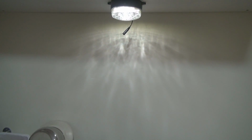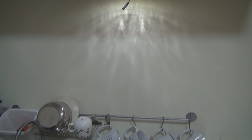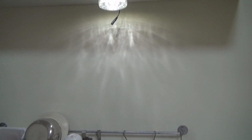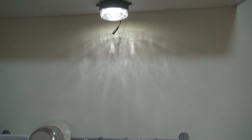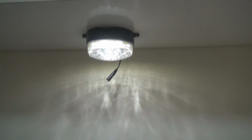Because the low setting consumes less energy, it will give you longer lighting time. But again, it is still enough light. The lower setting will give you roughly more than 50 lumens. But still good enough. With 50 lumens you can light up. And we designed the reflector,